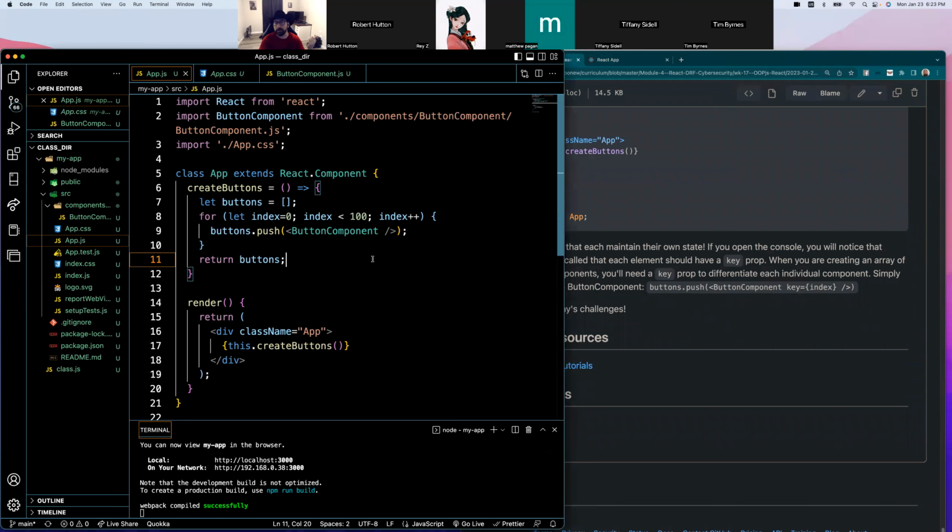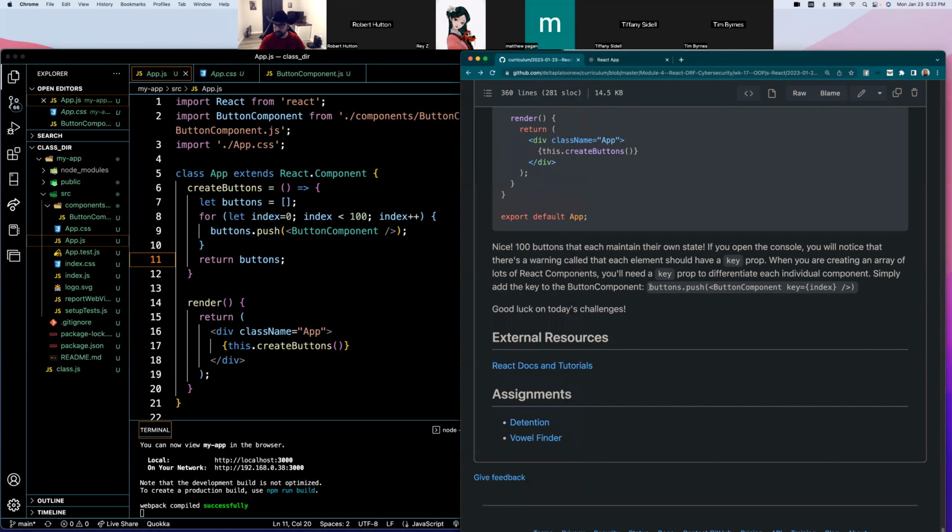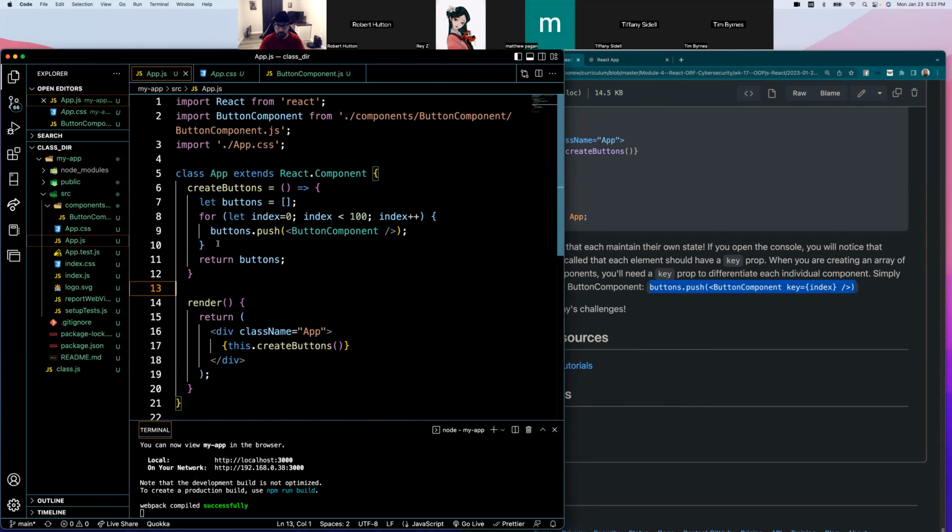Just like you would add a primary key. This is a bad example, but it gets you thinking this way. Just as you put primary keys in your models in SQL, they need that primary key so they can say, this is me. This is my unique identifier. You want to pass something down. This is my name. Everything else could be iterated over, could be changed. This is a constant primary key for me. The way you would do that is instead of just button.pushing,